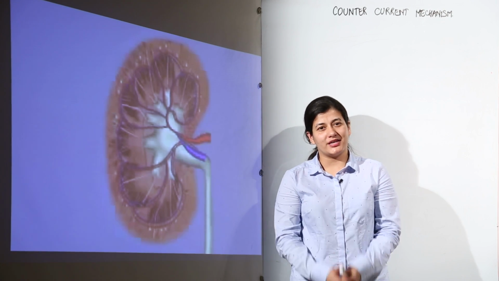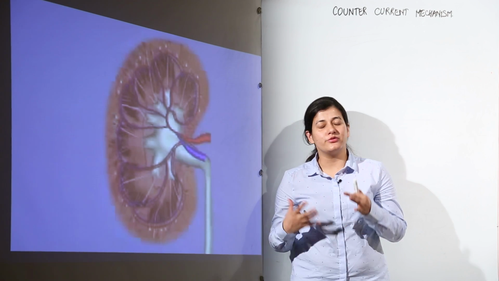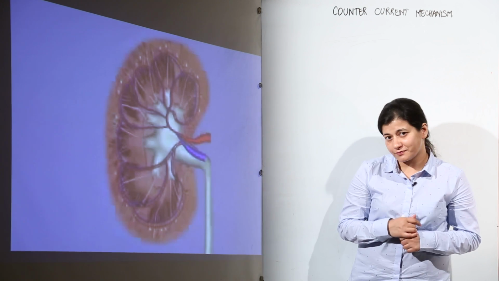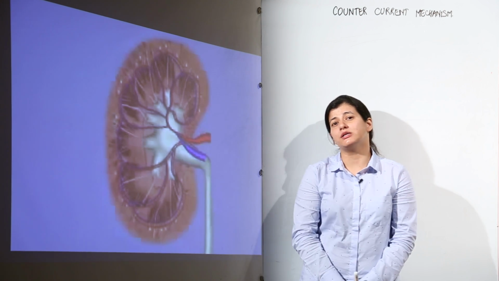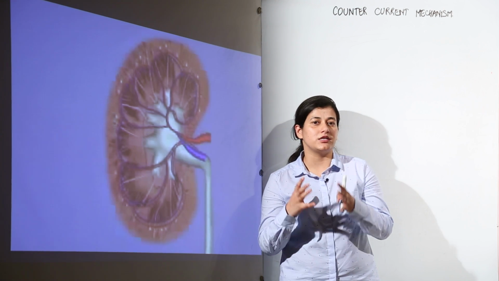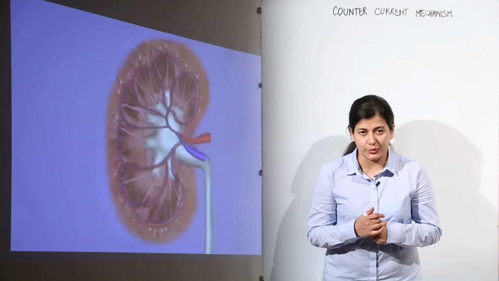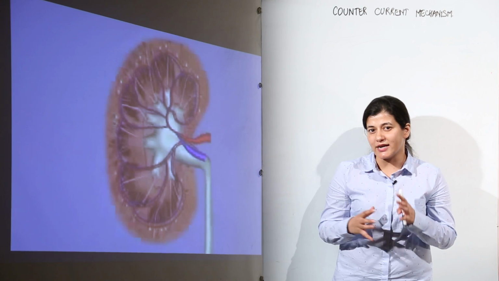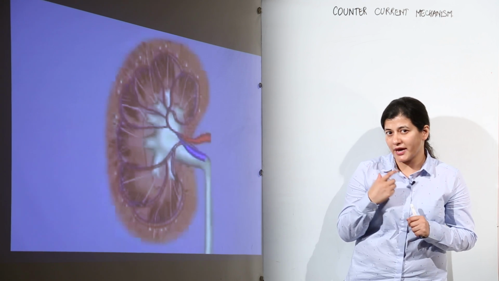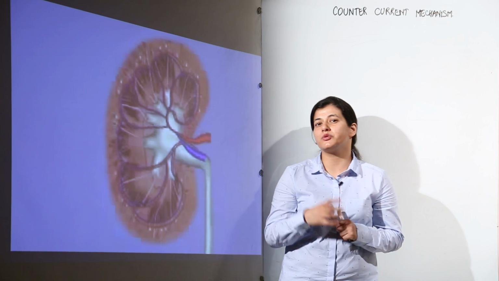We had talked about the excretory system, we had talked about the kidney, we have talked about the various steps in urine formation. Now we are going to talk about a mechanism known as countercurrent mechanism. Before we start with the video that is going to be played over here and through which you will understand about the countercurrent mechanism, I need you to keep in mind that over here a reference would be made in